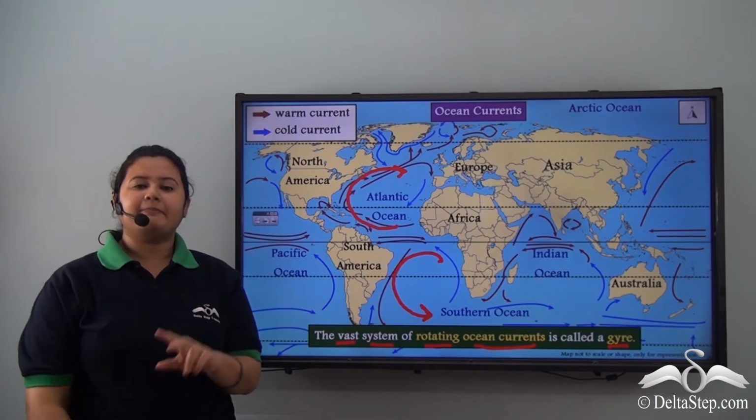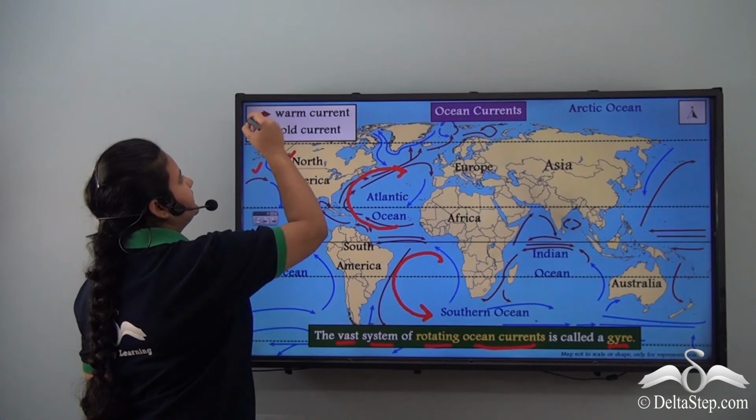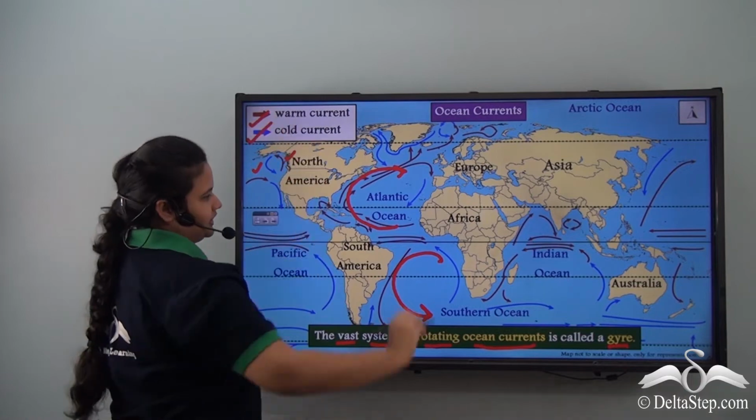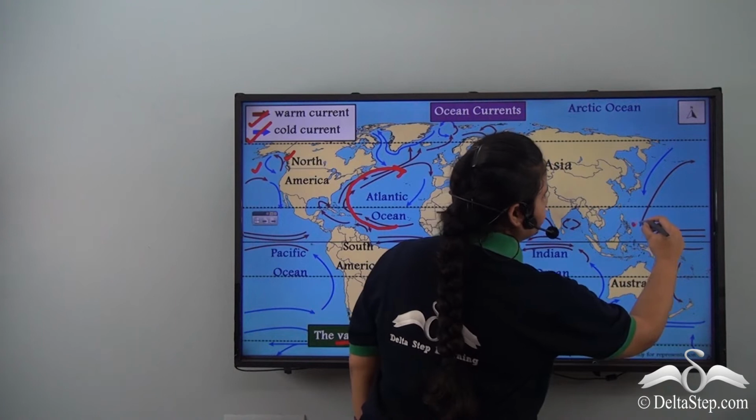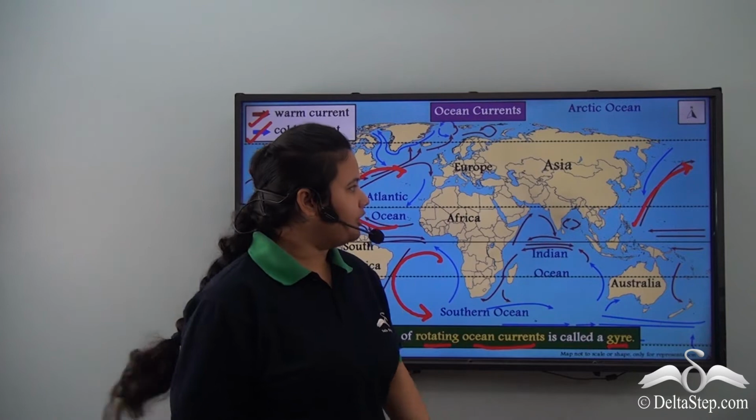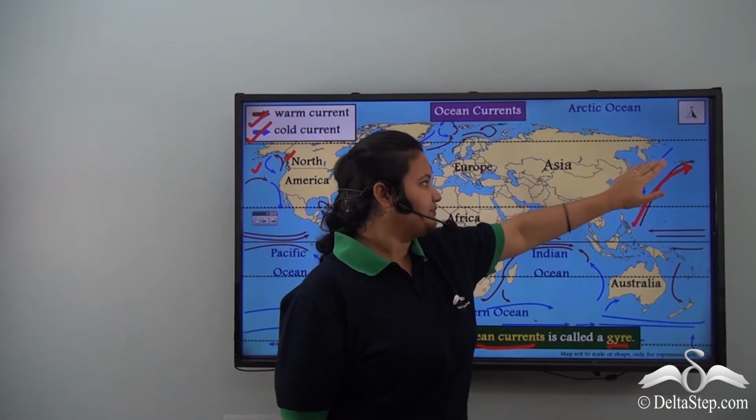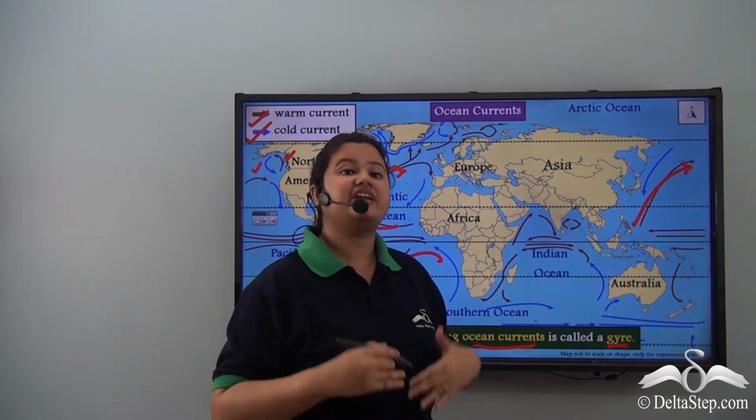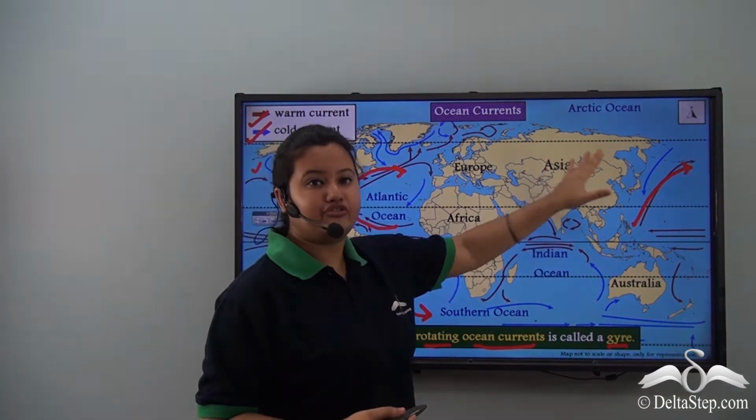We can see patterns of two colors, red and blue. The red ones denote the warm currents and the blue ones denote the cold currents. You see that the warm currents flow from the torrid zone to the temperate zone. That is, the warm currents flow from a warmer region to a cooler region. And since they originate in the torrid zone which has very high temperature, therefore warm currents wherever they flow have